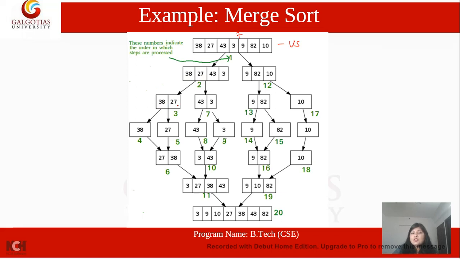Then again these two elements will be subdivided. So in case of divide and conquer, the rule is we divide until we get the unity, or a single data set. So we have only a single element here, which is 38. Now with this step, when we reach 38 and 27, this is the portion where we have started the merger,